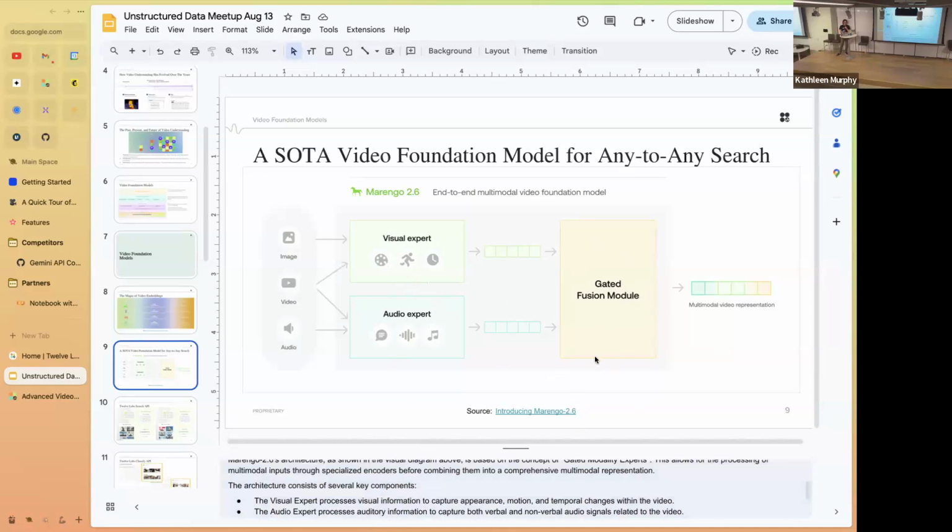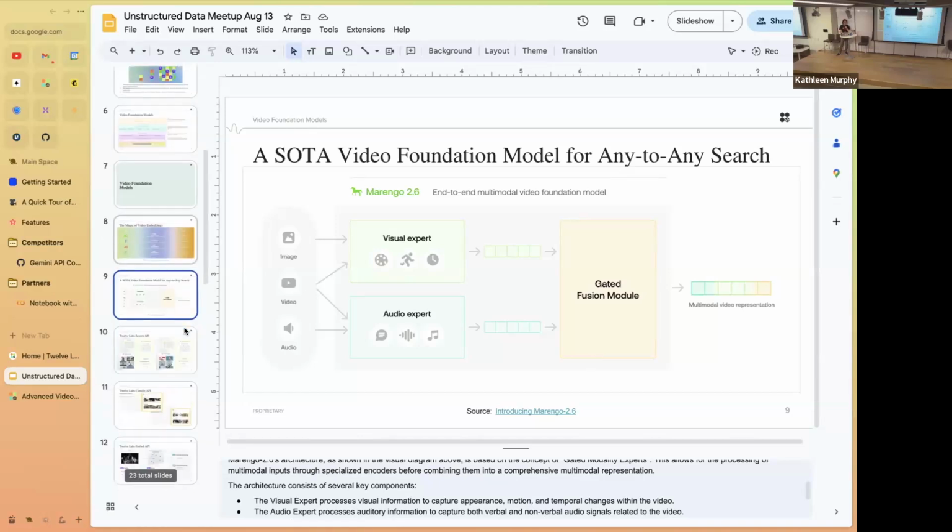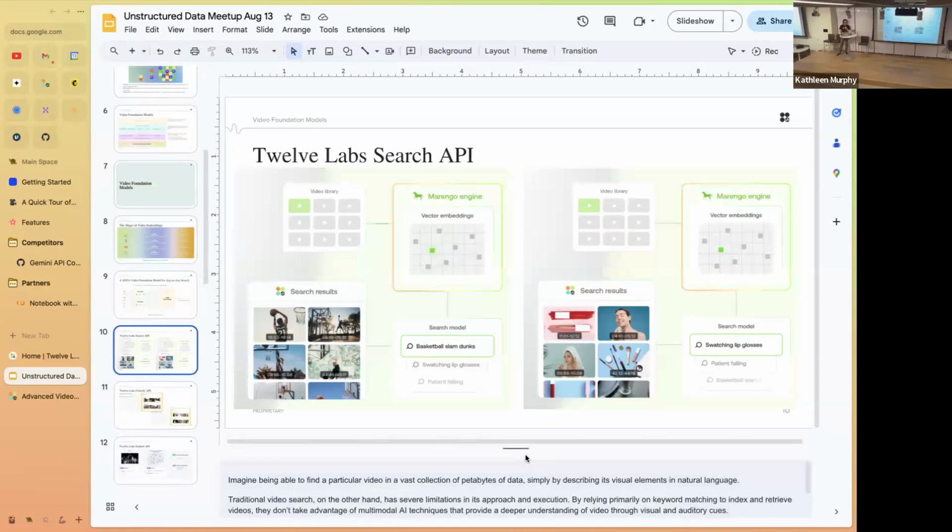The blog post has a little more detail on the quantitative and qualitative benchmarks of the model, so if you're interested in that, you can take a look. So this is from a research point of view. You might be wondering, what are the downstream tasks that this model can enable? Semantic search is definitely the first one that we're very familiar with.